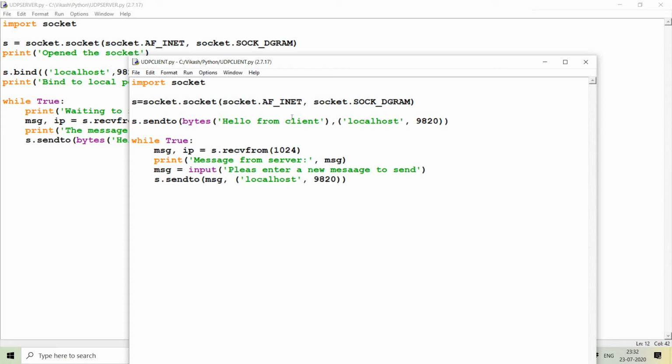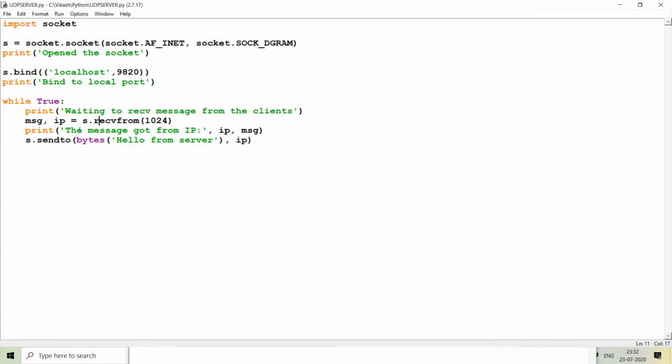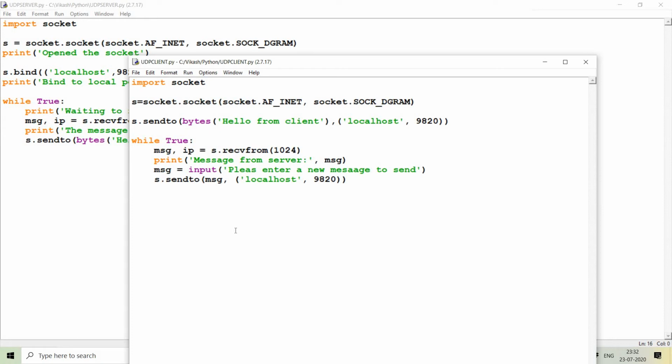I'm sending it from here directly, and I'm converting it to bytes before sending it over the network. First I'm sending it to the server, and that is why the server will get the message that it has received a message from the client. Then, after receiving the message from the server, we are going to get new messages entered by the client, so that new messages can be sent from the client, right? So the client will be putting the message here.